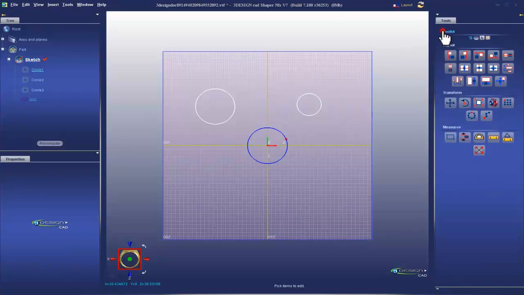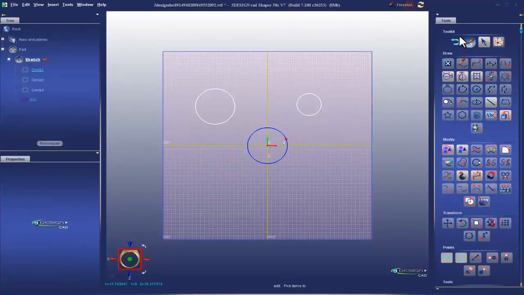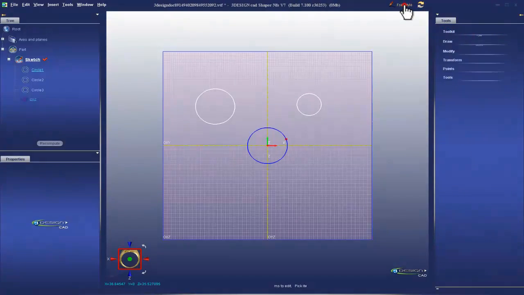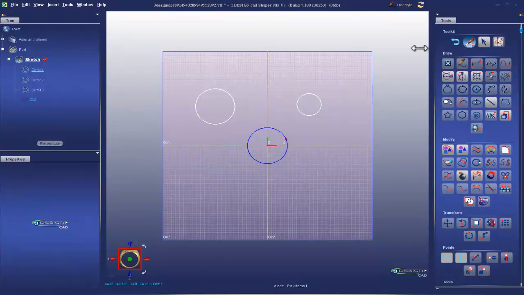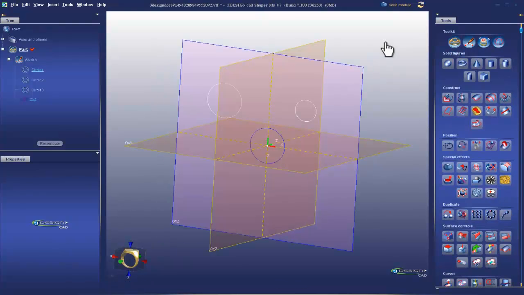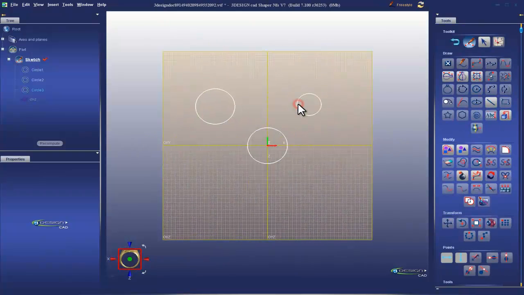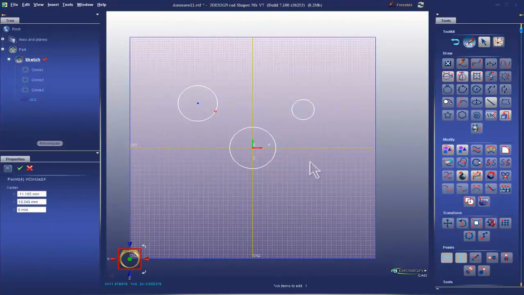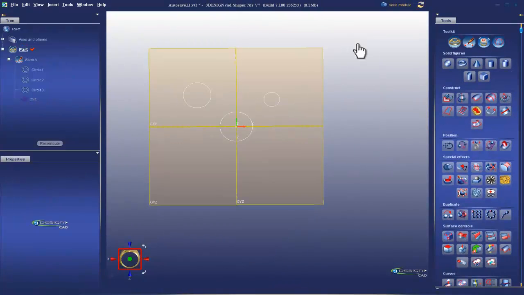The way to exit out of the sketch mode, either freestyle or layout, you have a few options. You can click on Exit Current Editor. Now we're in the solid module. If I want to go back into the sketch, I can double click back on an element that's in the sketch, like this circle. Now I'm back in the sketch. My other option for exiting the sketch is to go to the part in the history tree and double click. Now that'll bring me back